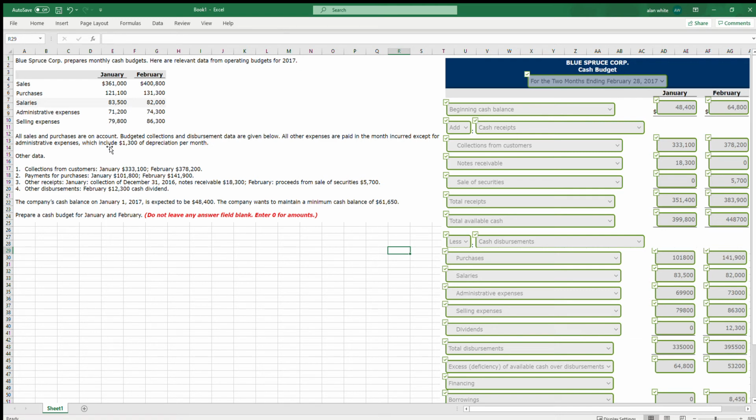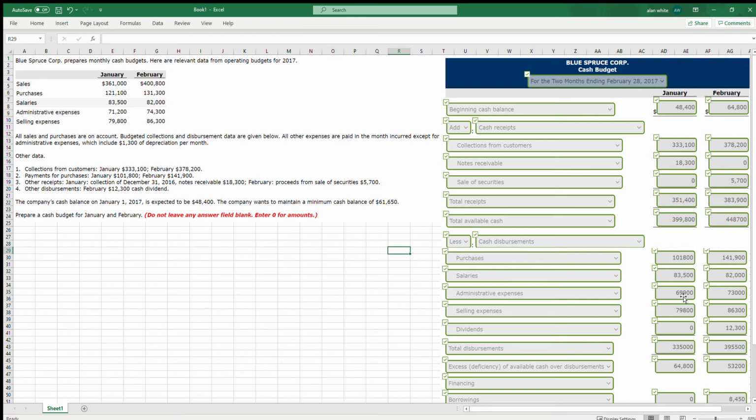But just under here, the problem states that administrative expenses, we will have to factor in a $1,300 depreciation for each month. So that means we'll have to take our value of $71,200 for January and we'll have to subtract $1,300 from it. So we do that and it's going to give us